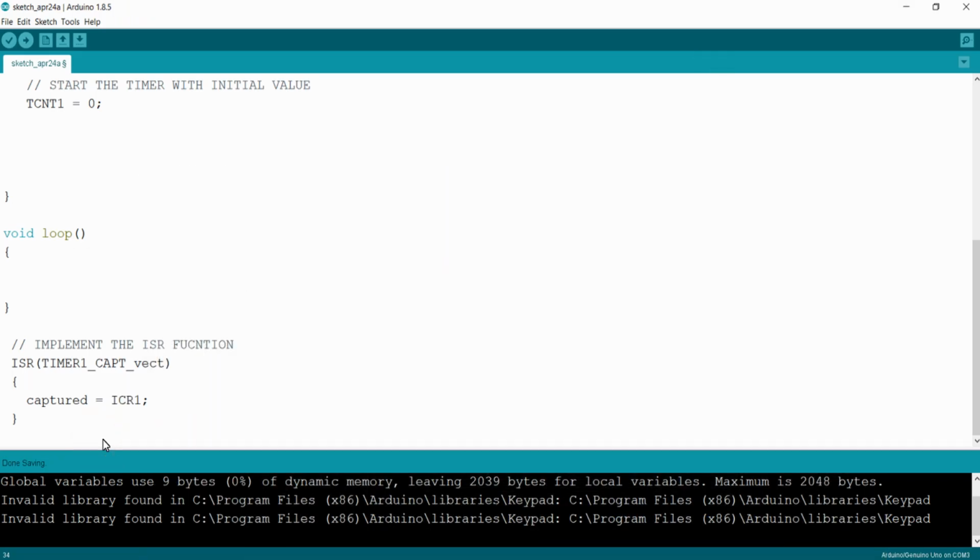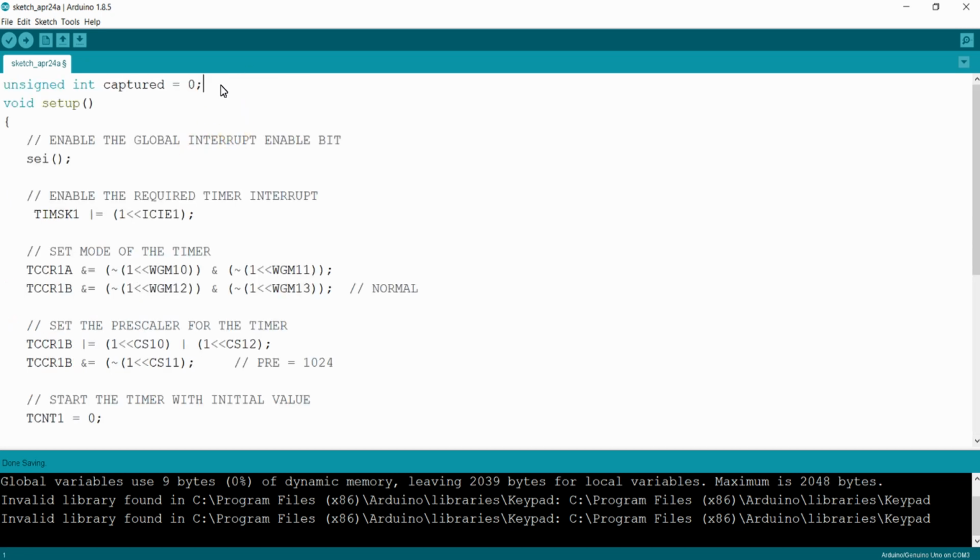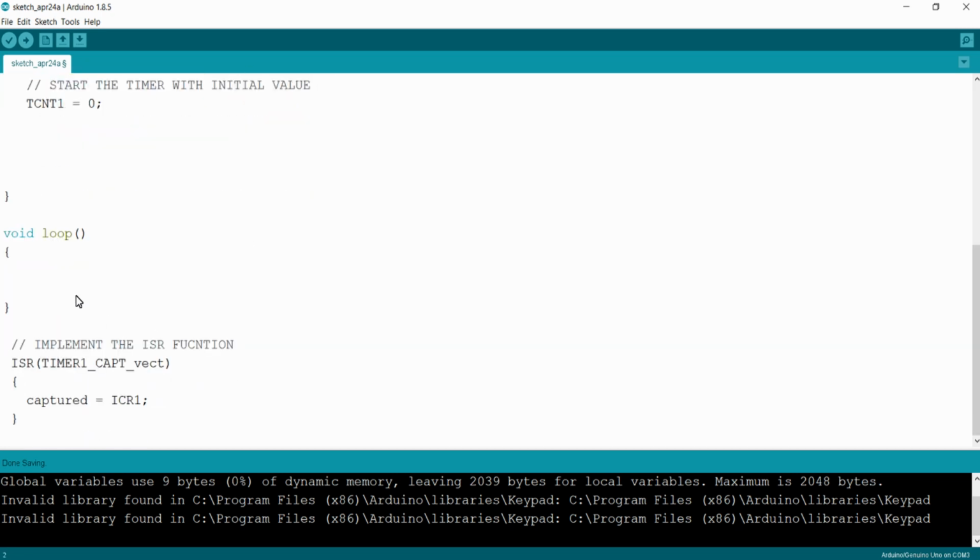So I will get the value of ICR1 into the variable captured, and I am declaring the variable captured here. So whenever this input capture interrupt event occurs, the value of the input capture register at that moment will be loaded into the variable captured.